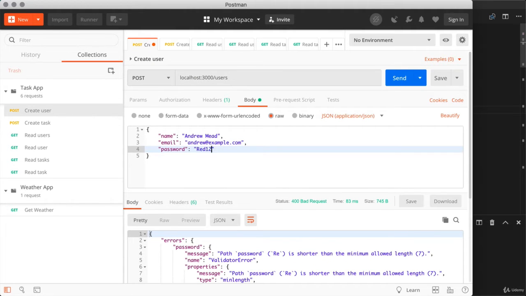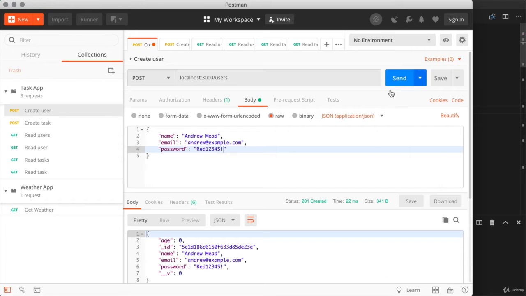I'll use red12345 with an exclamation mark on the end. I'll go ahead and send that off. Now, I would expect the save promise to be fulfilled, which means I should get my 201 back. I send it off, and that's exactly what I get. A new document was added to the user's collection in the database, and I'm seeing the correct response body and